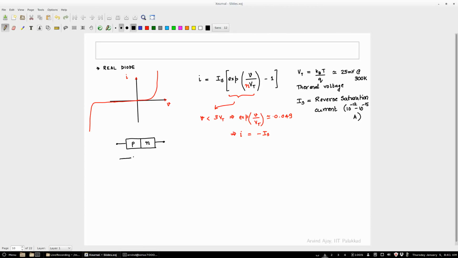So, what is the diode? How is the diode made? The simplest diode is to have a P and an N region, corresponding to